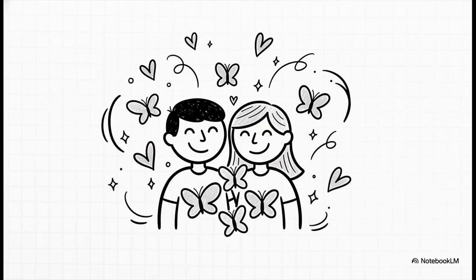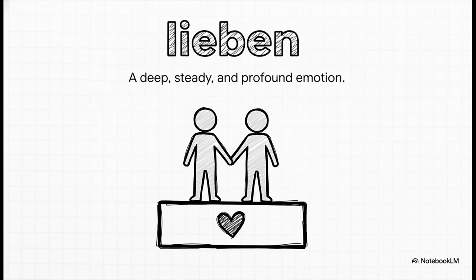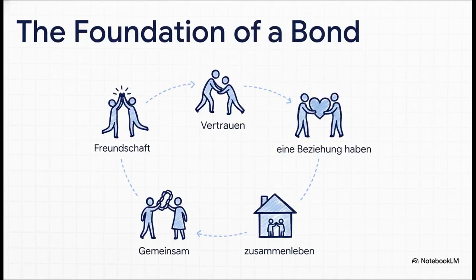But what happens when like just doesn't cut it anymore? Then you might find yourself verliebt sein. Now, this isn't just liking someone. This is that giddy, butterflies in your stomach feeling of being in love. It's way more intense, way more passionate. And that brings us to the big one, lieben, to love. This is that deep, stable, profound feeling. It's the foundation of the strongest relationships you have, and it's a really powerful word you save for the people who matter most.